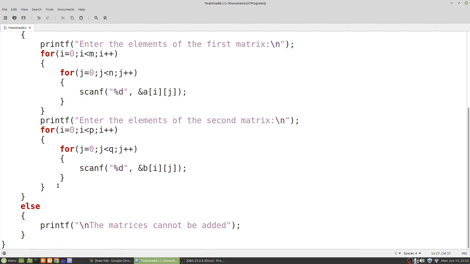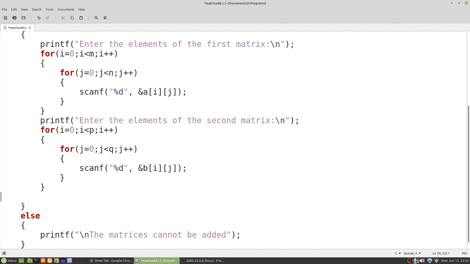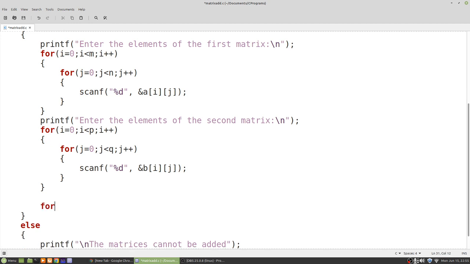Next thing we need to do is to add up these two matrices. So we need to take up a00, add it with the b00 and put it at c00. Next we need to take a01, add it with b01, put it at c01. Again we need a for loop, in fact two for loops.